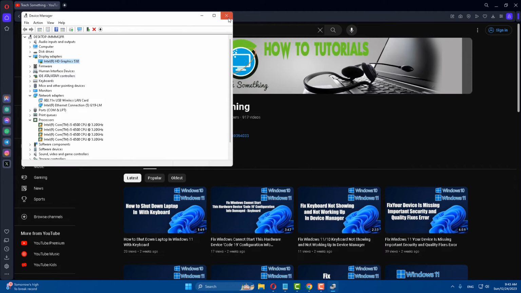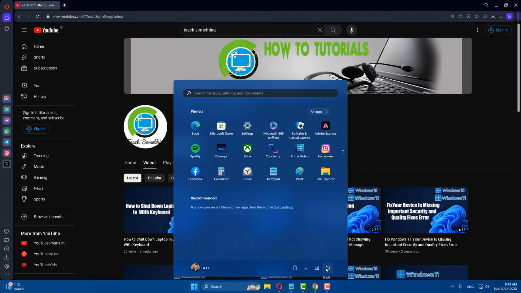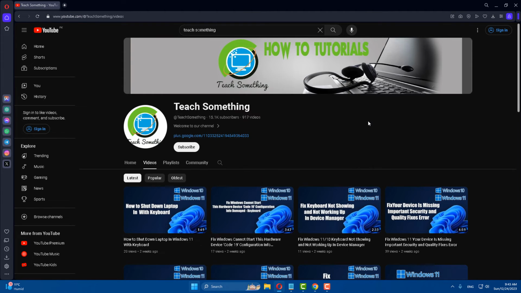After completing that, close it and restart your computer, and I'm sure that after doing this your problem is